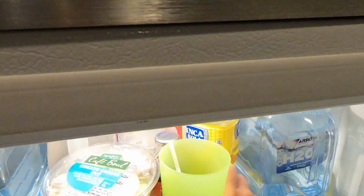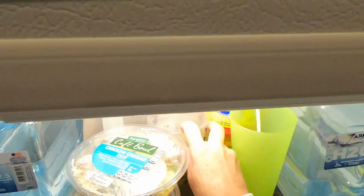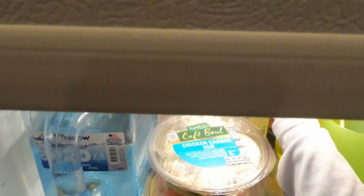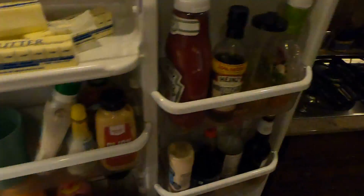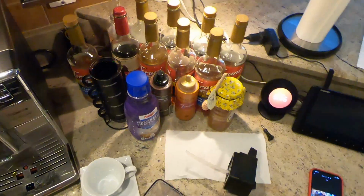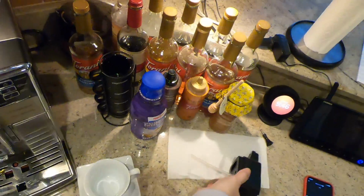You can do a lot of other things. In the milk, you can put cream in there, you can do several other things. You could also use almond milk, you can use regular milk, you can use half and half. But we're going to use almond milk. We're going to fill this up to the minimum line, which is right there. And here we go. Okay, that's going to be the maximum that this